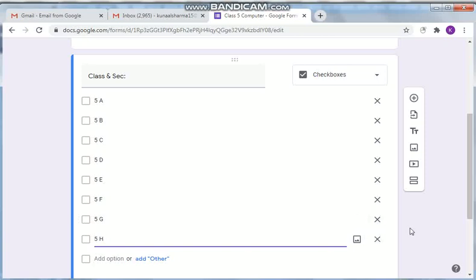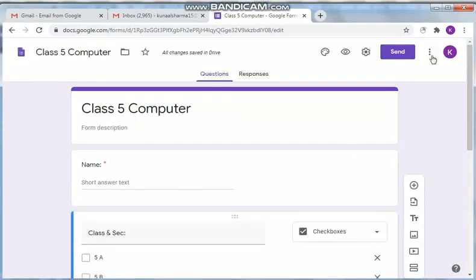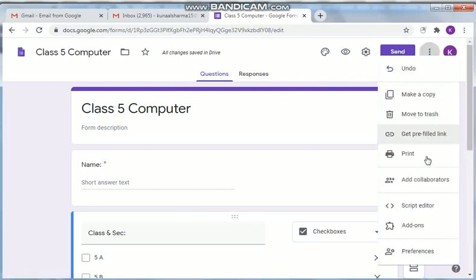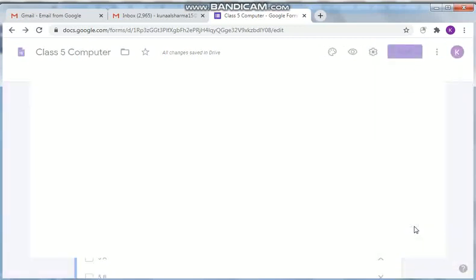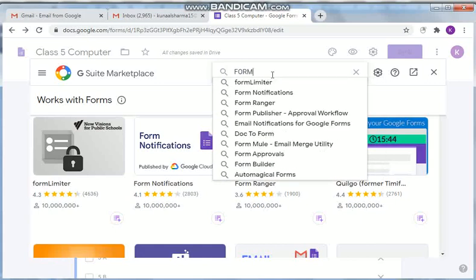Then coming to the add-on, you need to go to this, can you see this more button? Click on this, and come down, you have the add-ons option. Click on add-ons, and here you can search for form builder.